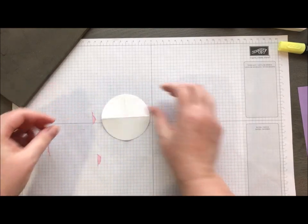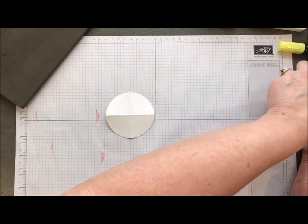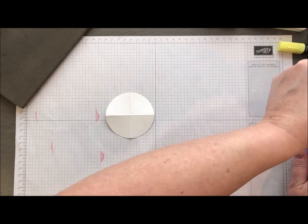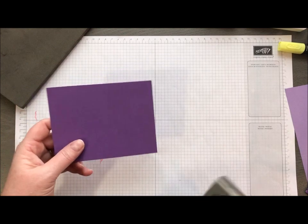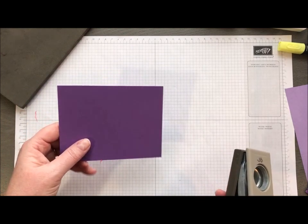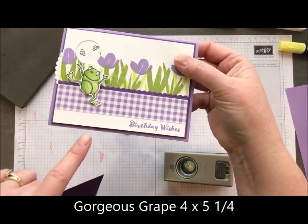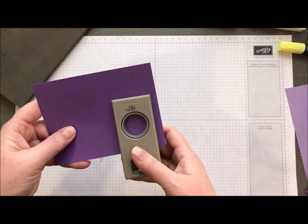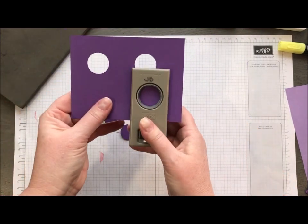So we've got that, and then I'm going to pull in my piece of Gorgeous Grape. It can be any color, just don't use white. This is me scrimping and saving on my cardstock. This is a layer that we're going to use on our card, right back behind the white. Nobody's going to see it, so I'm going to punch my circles out of this piece so that I don't have to waste